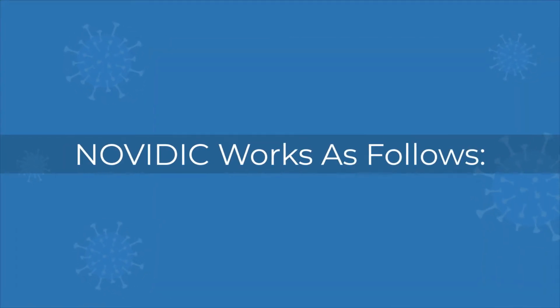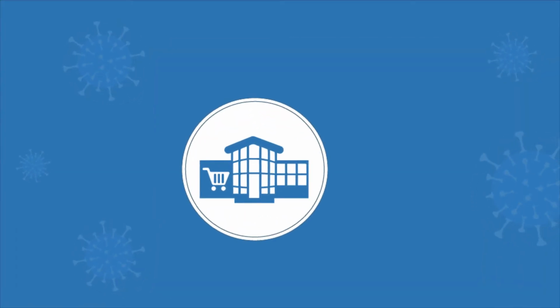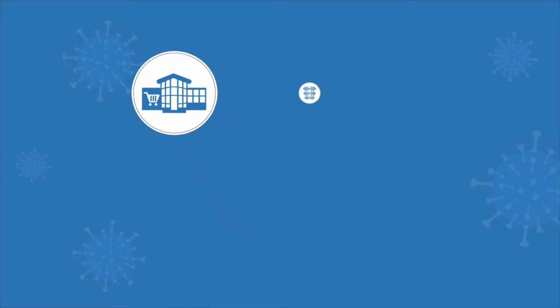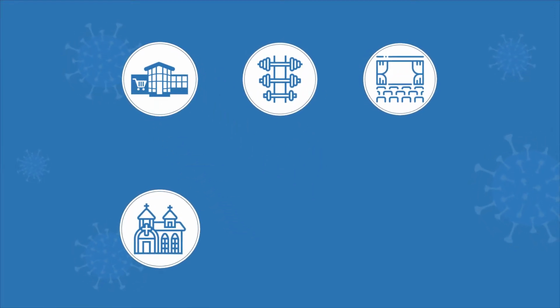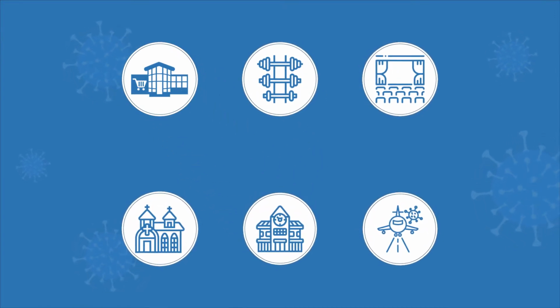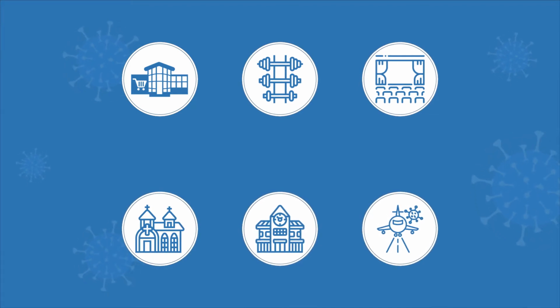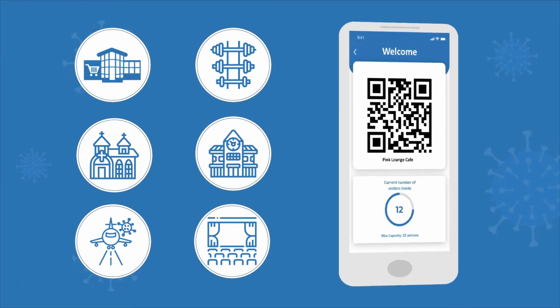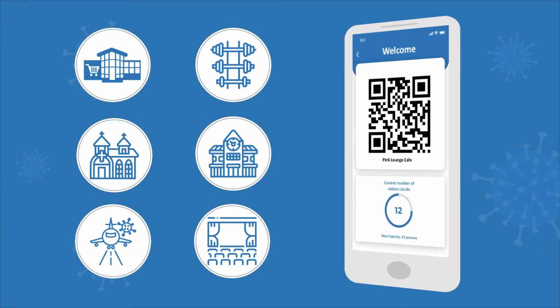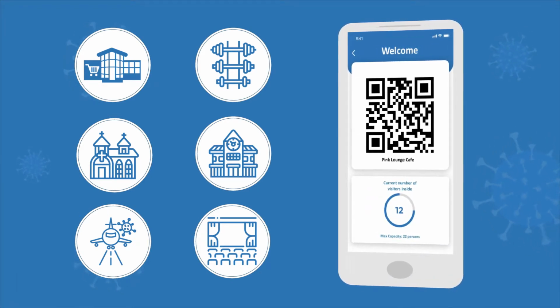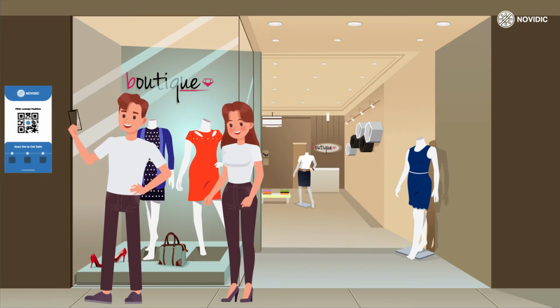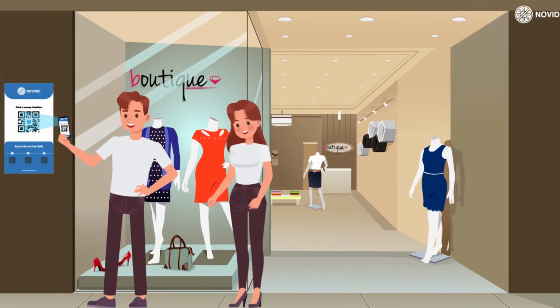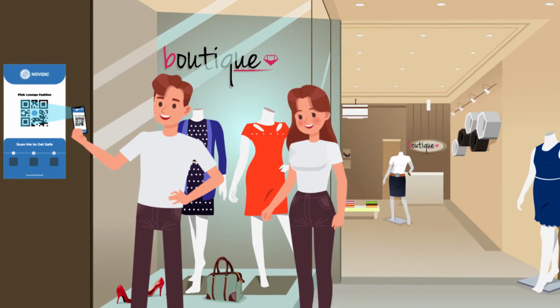NOVIDIC works as follows. Businesses or public places such as hypermarkets, gyms, cinemas, places of worship, schools or even airport terminals are considered high-risk places in a pandemic. Such venues should set up a place in the NOVIDIC system and display the QR codes generated at the entrances or gates. They either can display a static printed QR code for small places or use dynamic QR codes displayed on